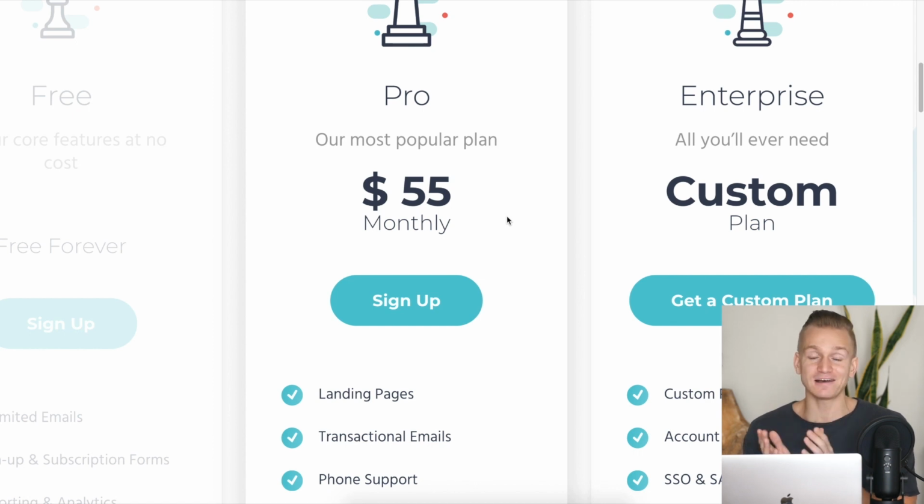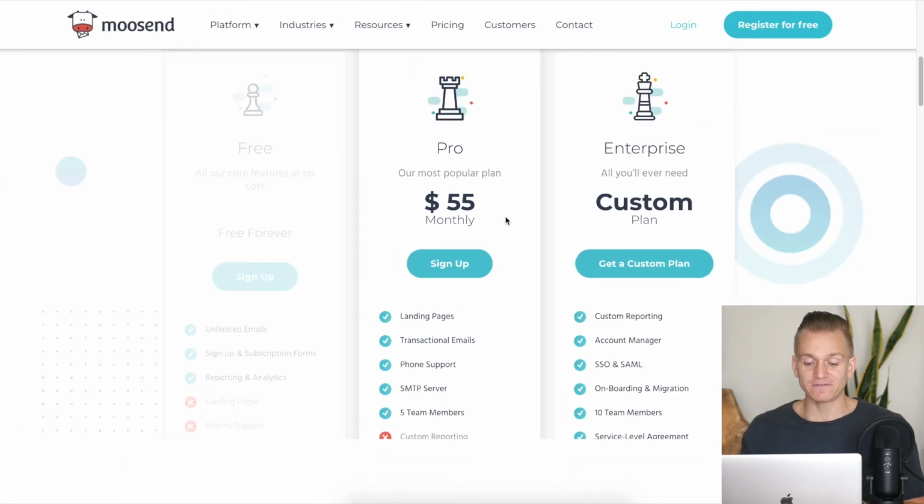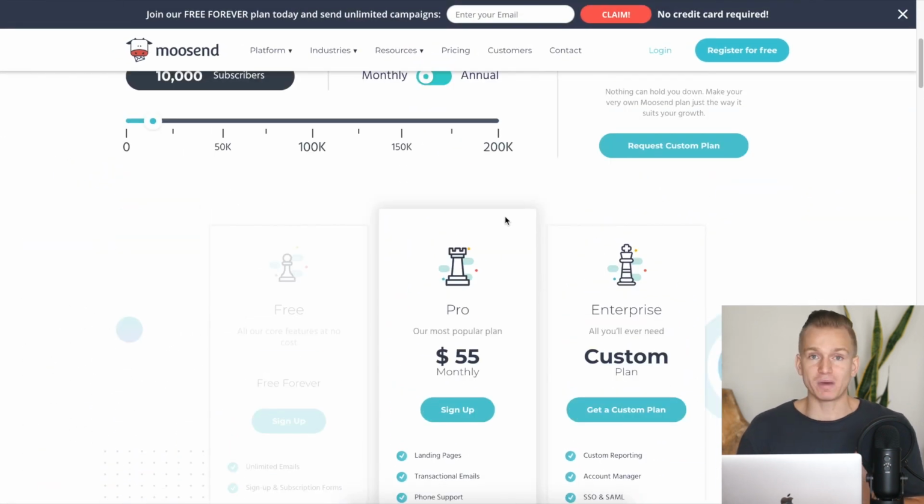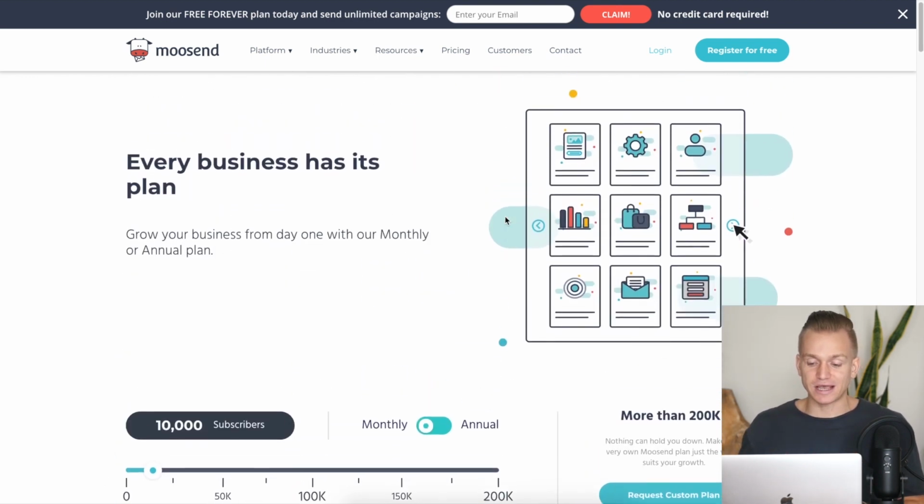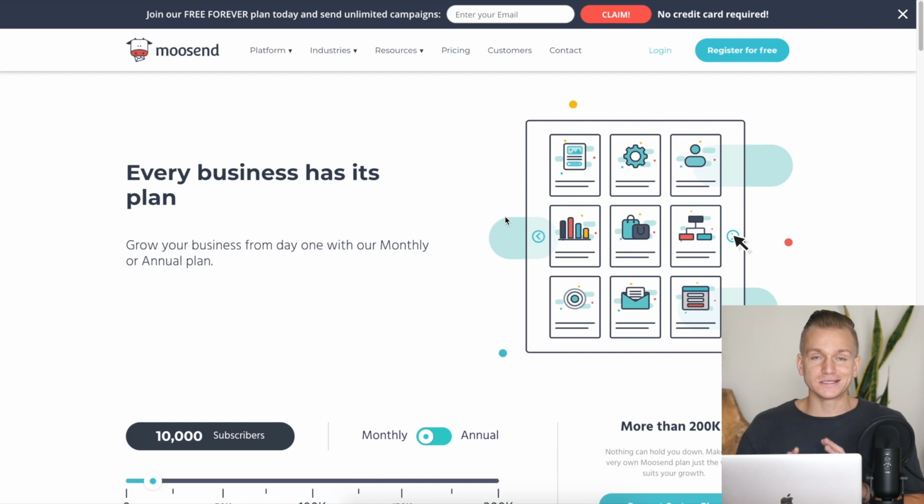It's basically half of what ConvertKit costs. And again, with Moosend, you basically get all of the functionalities that you need. The only downside, I would say, is I'm not too crazy about their interface. There is just something that I'm not the biggest fan of, but other than that, really good price and a lot of really good